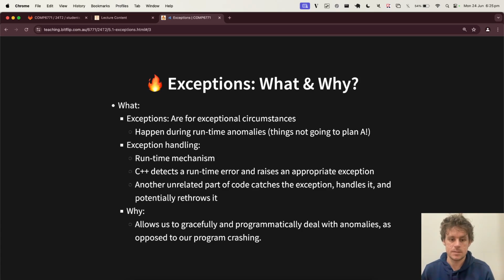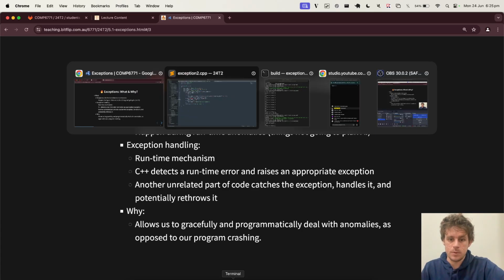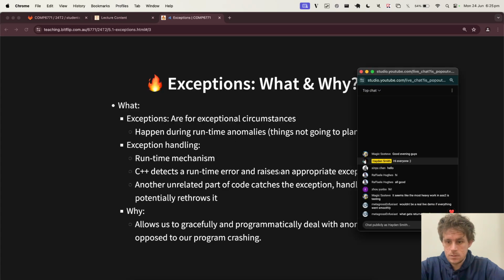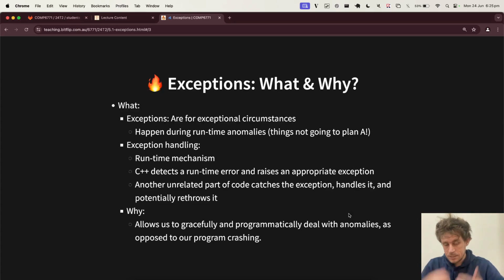So exception handling in C++: C++ does detect runtime errors and raises appropriate exceptions. Often that's kind of built by the people who edit the libraries. And I think one of the most important things about exceptions conceptually that people need to grasp is that exceptions allow two unrelated pieces of code to kind of talk to each other. What I mean by that is everything that you do,